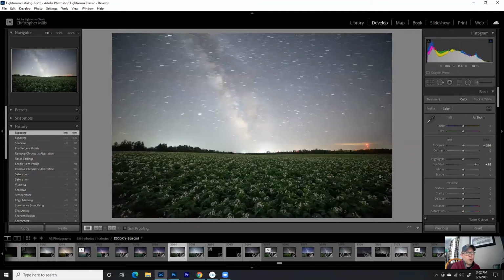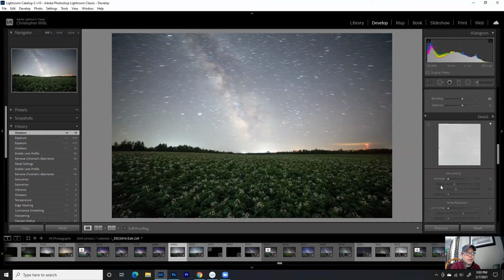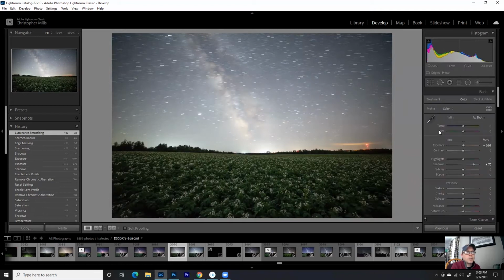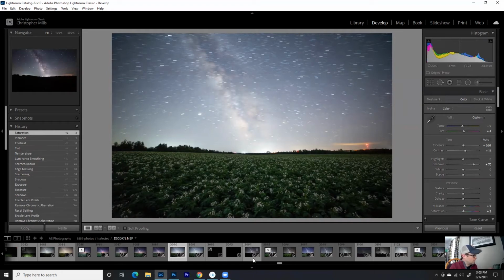So let's go in to our foreground image here, and where we started with this, same way, let's go down. And the sharpening will bring up a little, we'll mask a little bit of it out, turn the radius down, and add just a little bit of noise reduction, say 20 in the bottom. And the histogram's got a lot of info in it, which is good. Let's make it just a touch bluer here, maybe just a little bit of magenta, and a little bit of contrast. And we'll turn that vibrance up just a little bit, and the saturation some. So now we have both of our images pretty well set to go for